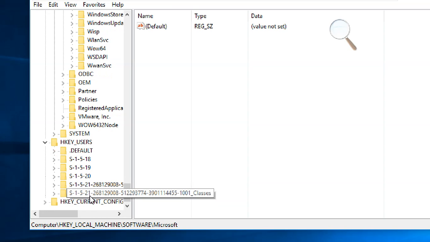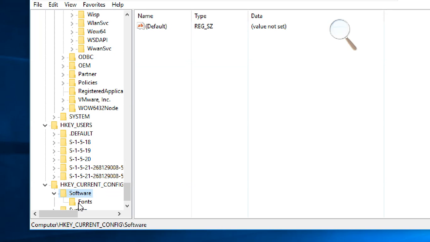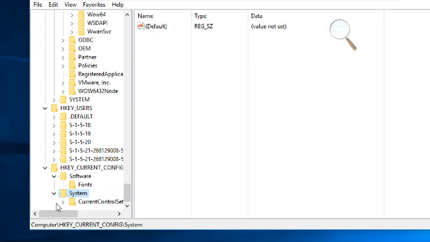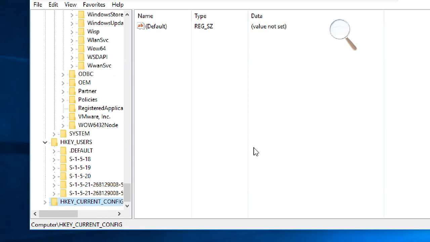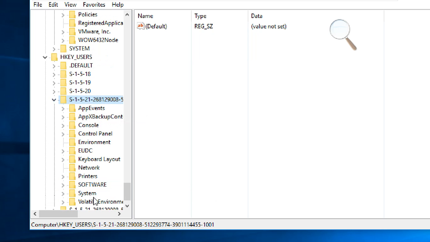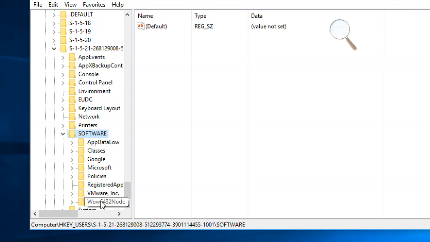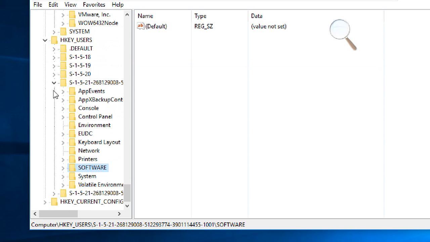This is the user details. These are the user SIDs. I have two users, right? That's why I got two things. Now only one I got, it's okay, no problem. This is nothing, so this is software, fonts only there. System. This is the current configuration, meaning currently what I am running, that is the current configuration. This is user information, so you can see user based applications, software related to that.